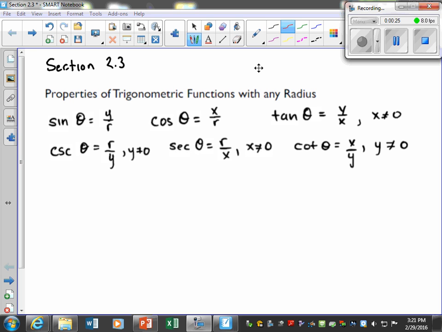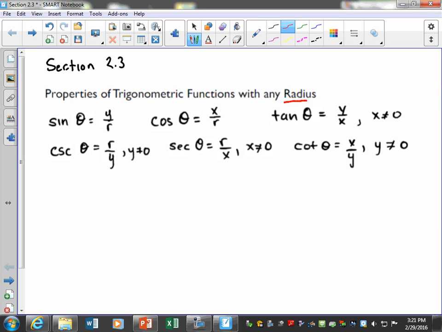Where the only difference in this definition is we have a radius that's not necessarily 1 for a specific unit circle. The radius can be anything. So the only change is instead of just being over 1, we have over r for a radius. And then, of course, remember,